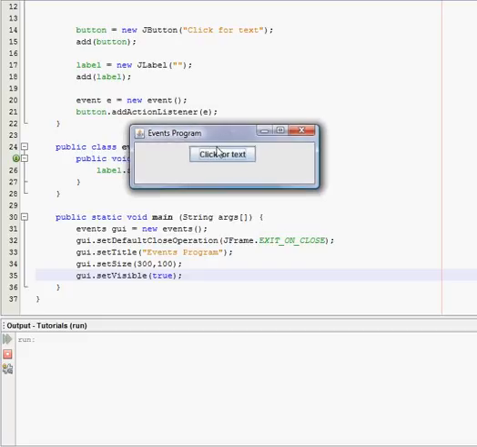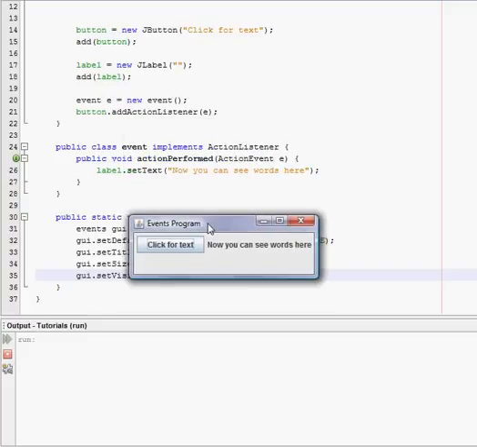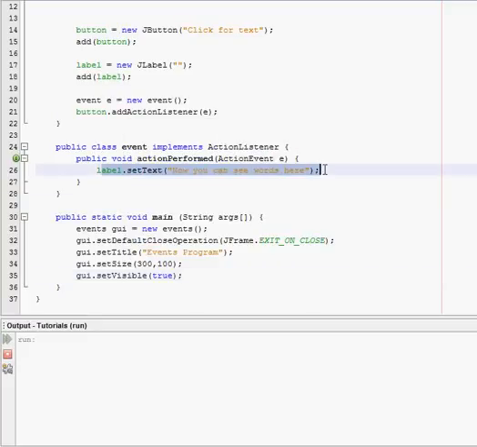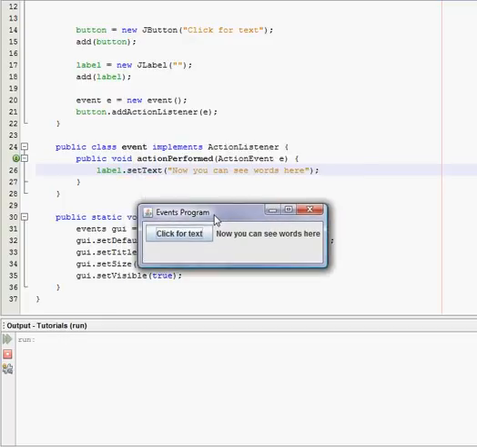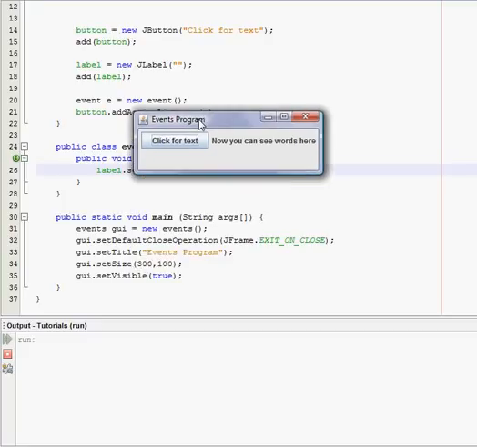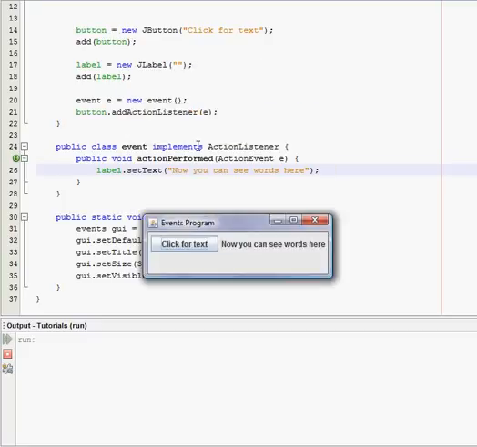Now, we have a button that says click for text. We click it, and it says, "Now you can see words here." And we can modify this label.setText in the actionPerformed method, so that when we click it again, the words would disappear or something like that, but I'll get into that in a couple more tutorials. So for now, just study this code, try to remember it,